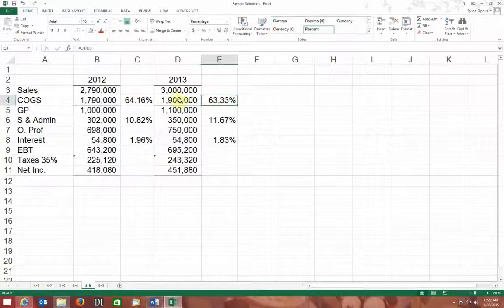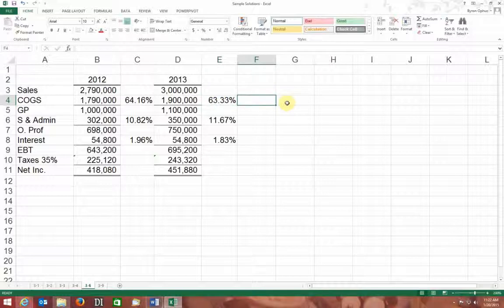And I did the same thing over here, right? My cost of goods sold divided by my sales. Now, it asks you too, is that increasing profit or decreasing profit? Well, what do we want? We want our cost of goods sold to be decreasing as a percent of sales. If it does that, then we should be increasing our profit, or gross profit margin anyhow, right? And so I see that my cost of goods sold have decreased in relation to my sales, so that's a good thing. Even though this ratio has gone down,